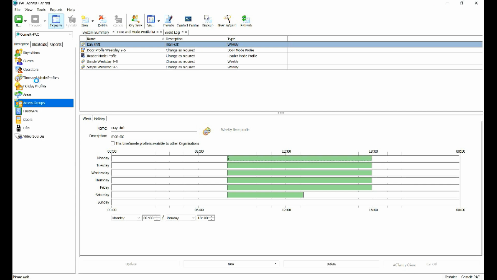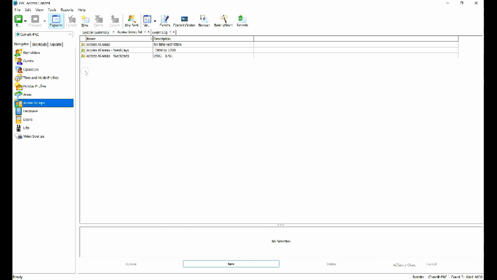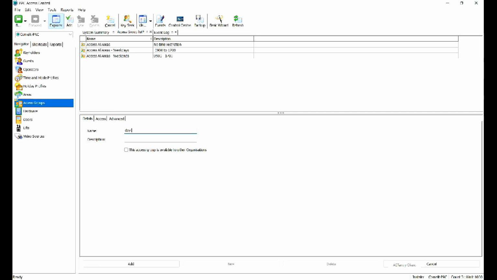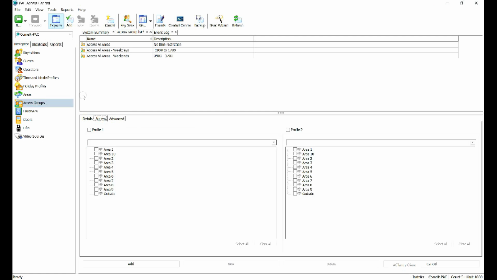Let's go to access groups. And this is when we're adding a user, it asks which access level the user will be assigned to. So let's create a new one, and we will call this one day shift again. Access level profile 1. When is this from? We're going to say it's for the day shift, and it's from the outside. In fact, we'll select all in this case, but you could just say it's from the outside if it's an external door. Click add,